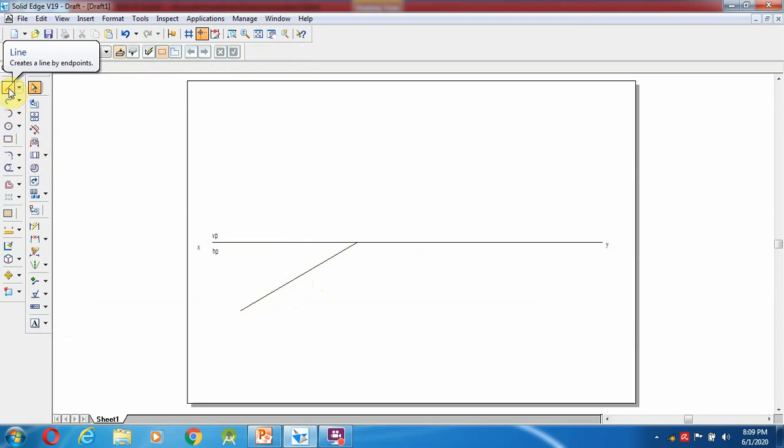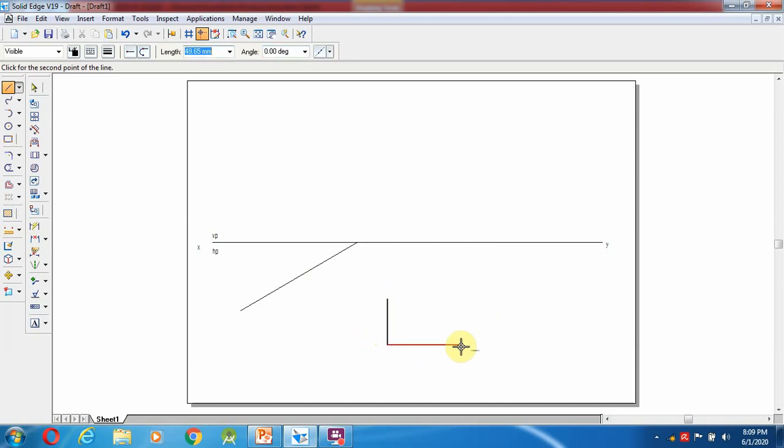0.13 mm. Then go here, select a line. I'm going to make a cube somewhere here. What is the size? 30 mm each. First I'm going to construct a cube from here, 30 and 30, enter, and end.